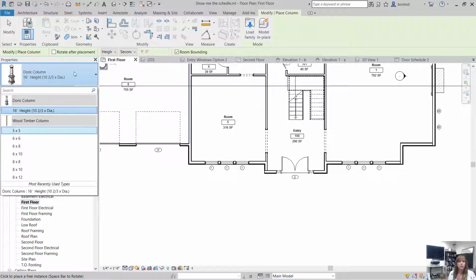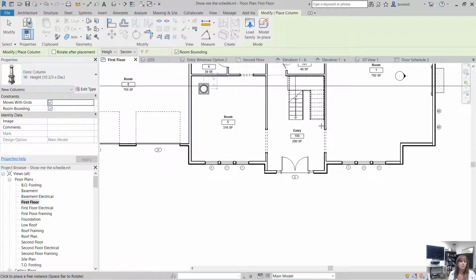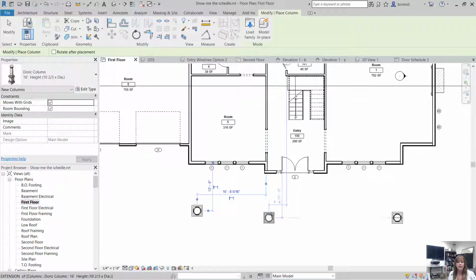You can load families and find other ones. I'm just going to use the pre-loaded one, and I'm going to set one over here on this edge, and one over here, basically the same edge, and I'm going to put ones right out here as well, here on either side of the door. Okay,